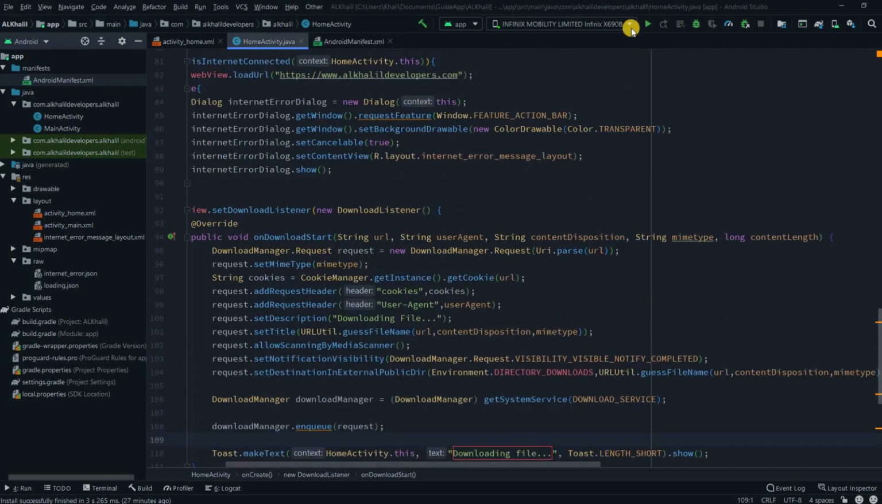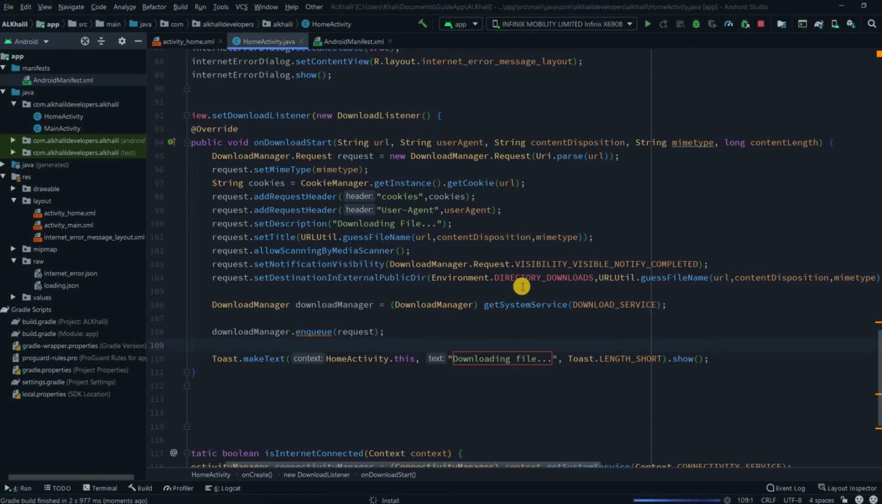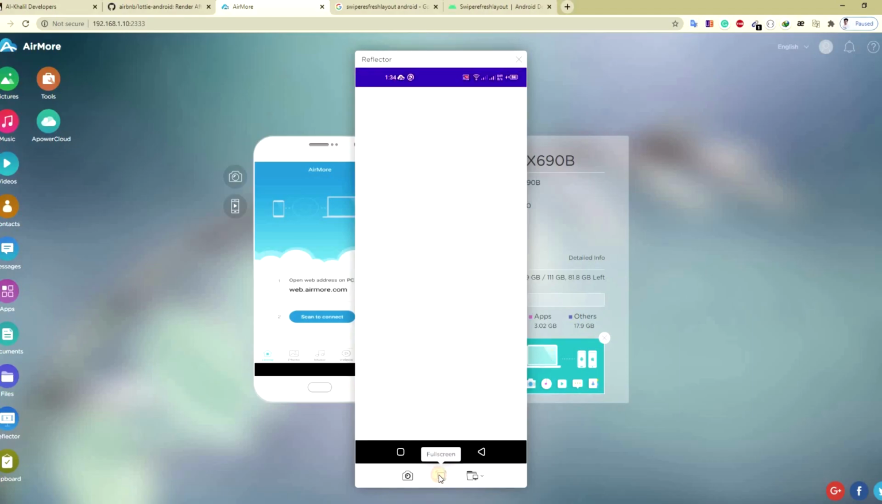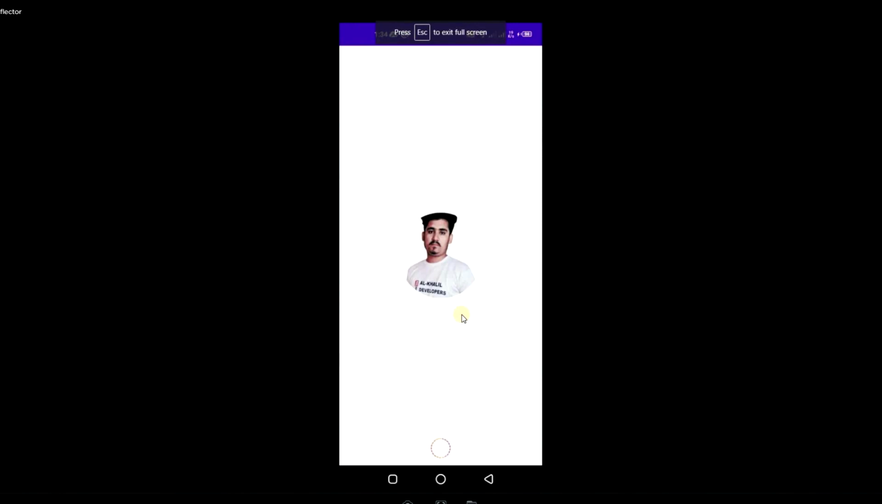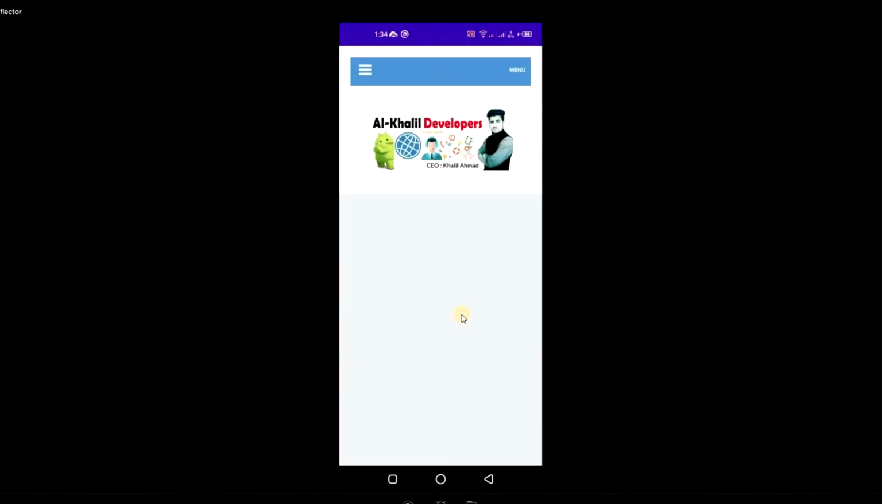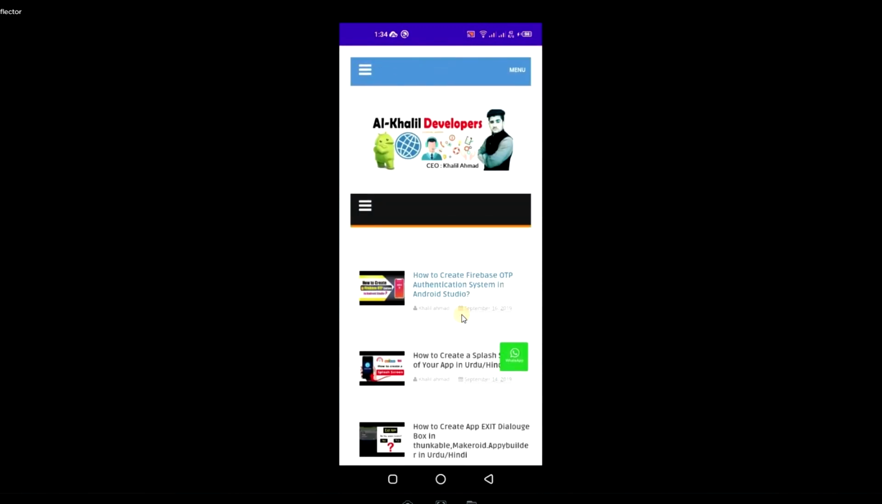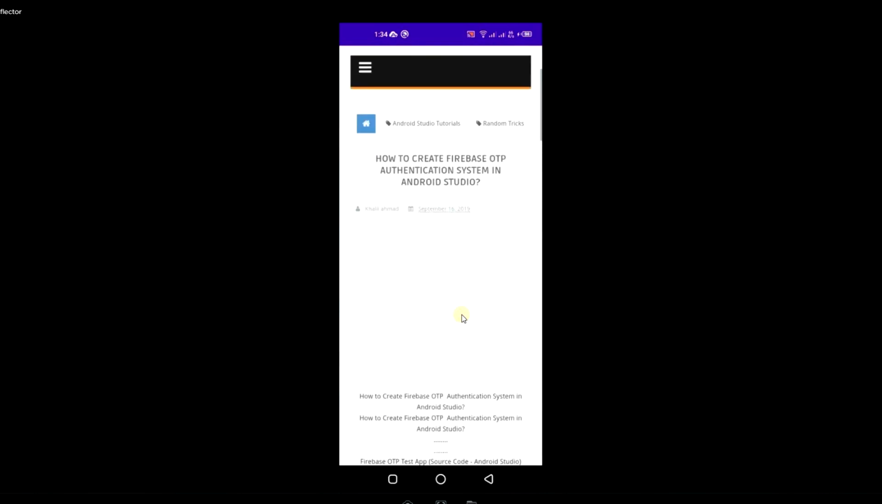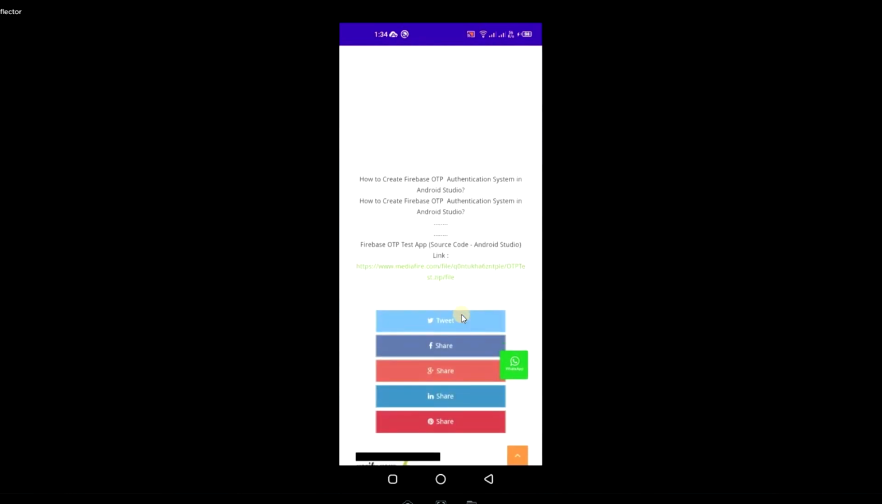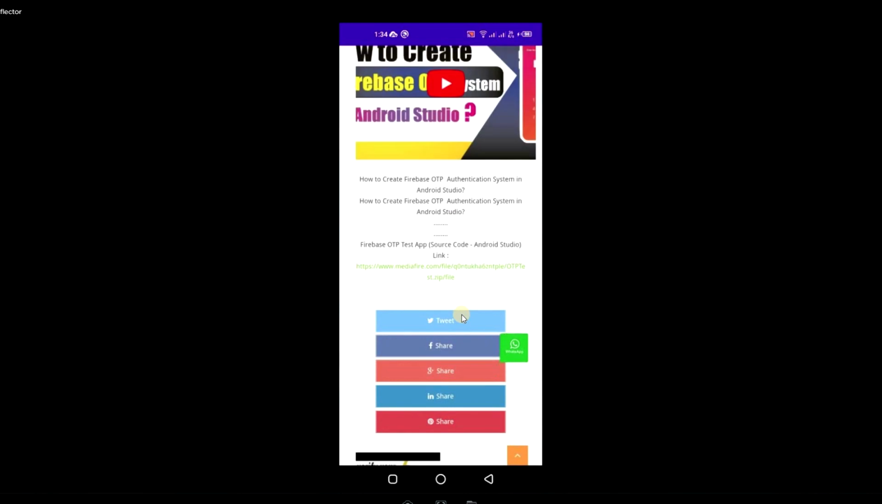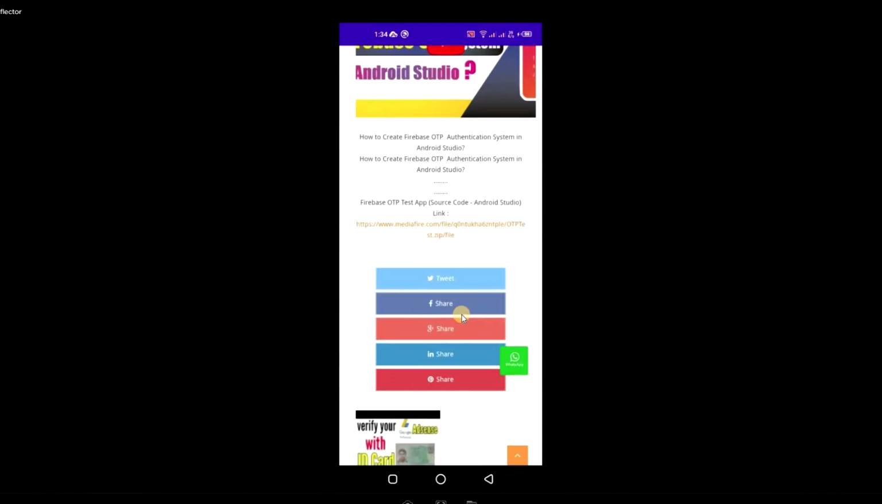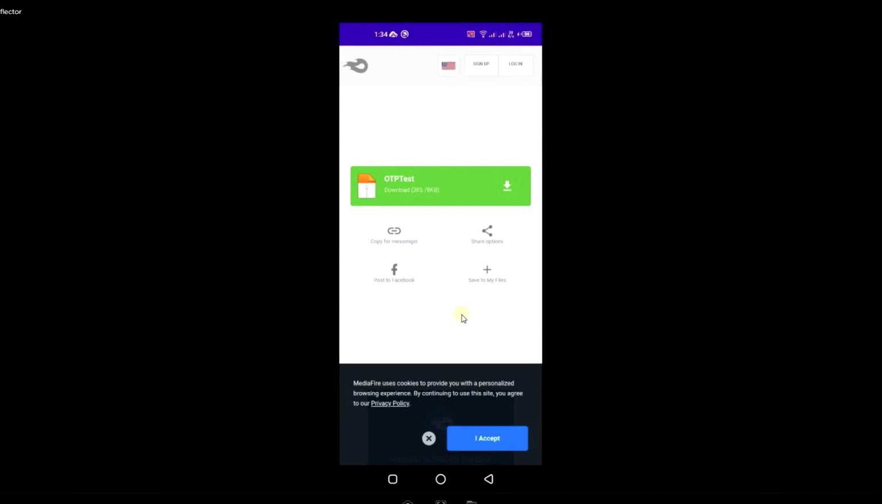Let's test this out on our real device. So it is installing on our real device, and let's see how it will work. Okay, let's download something from our website. So I'm just going to download something. So here is the source code of my tutorial videos. So I'm just going to click on it to download the source code. So here is a file that we can download. So let's click on it,